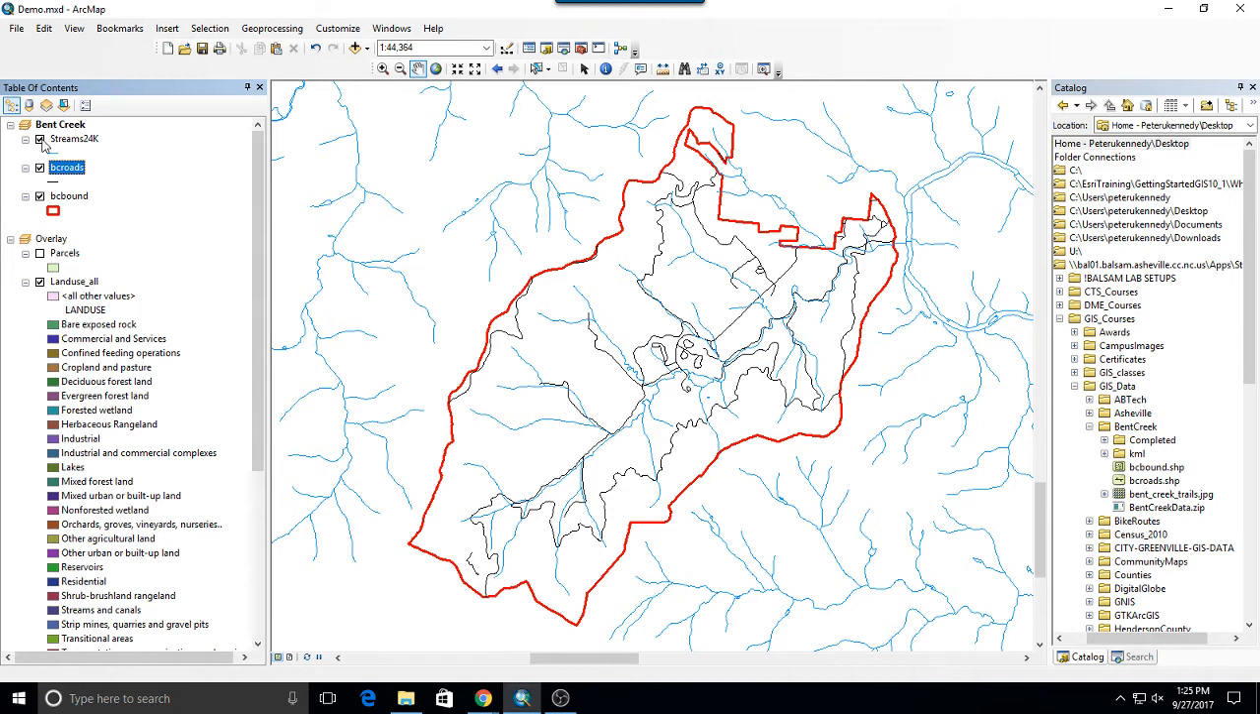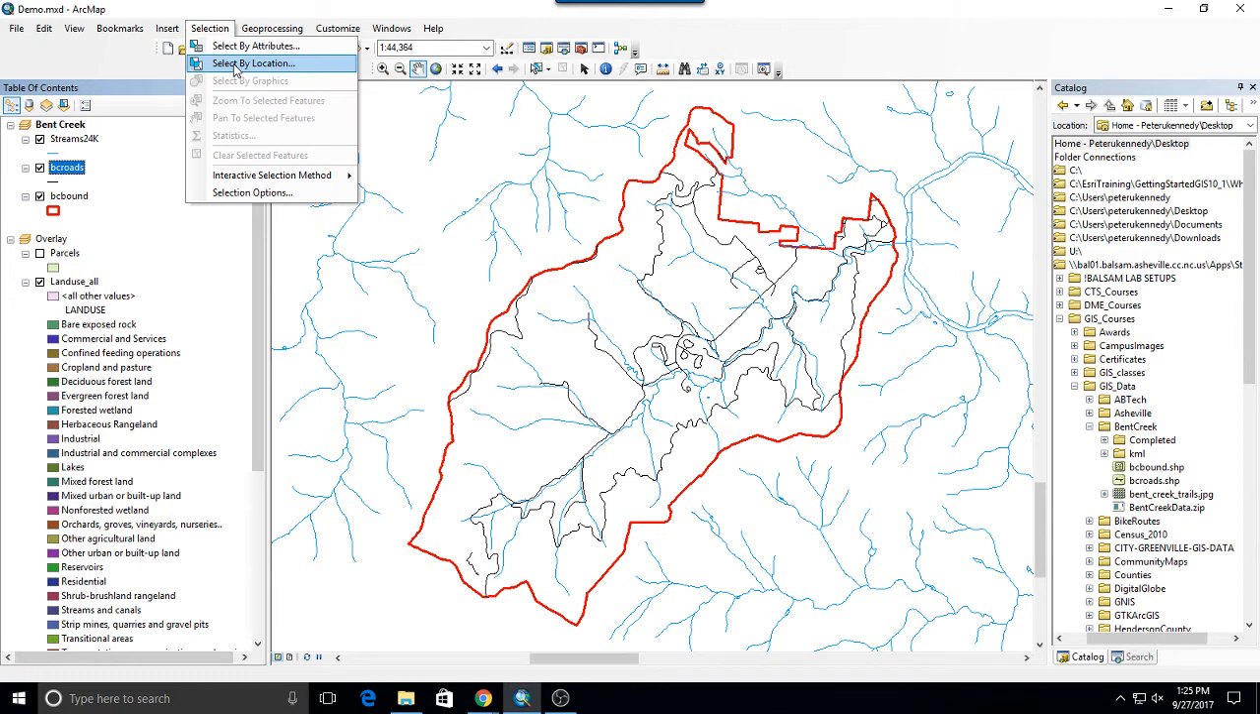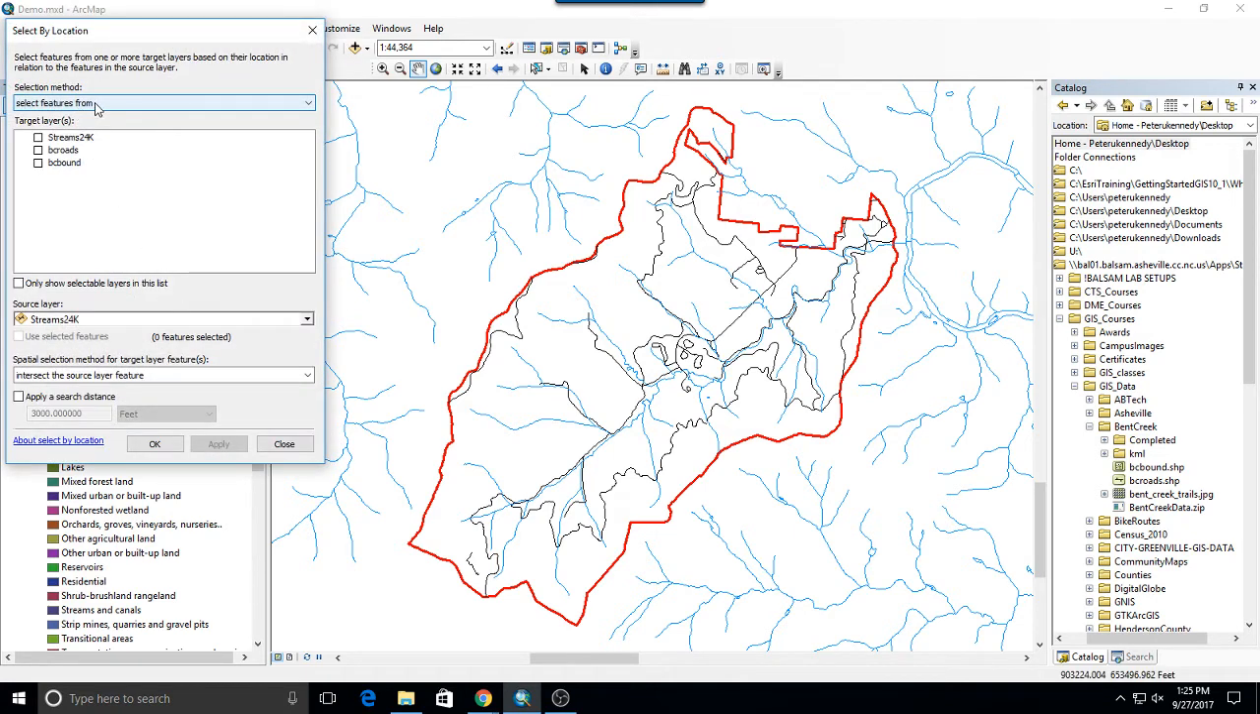Now last class, in select by attributes and select by location, we said how when you select features, one of the common things we do is export them to a new data set. That results in a similar outcome as what this does. I could select by location and select the features from that streams layer that intersect that boundary, and if I click apply, notice what it does. It selects any streams that touch that boundary. I could export those streams to a layer called Bent Creek. But since some of these streams extend beyond the boundary,